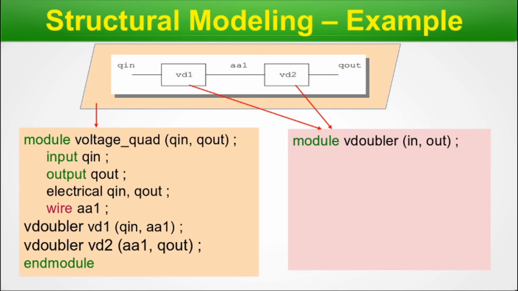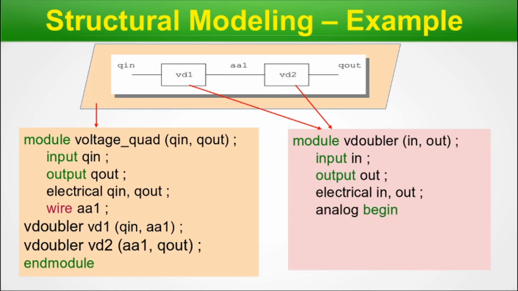Now we can define this voltage doubler in Verilog-A. We write the module voltage doubler, we define in and out, nature is electrical, and we write the analog begin block here, and we write V out is 2.0 times V in. This is the contribution statement. So this is signal flow modeling. By looking at this, you can guess that this is signal flow modeling. This expression makes the voltage doubler unit a voltage gain circuit. We close the analog block. Here we can see whatever V in is getting doubled at V out.